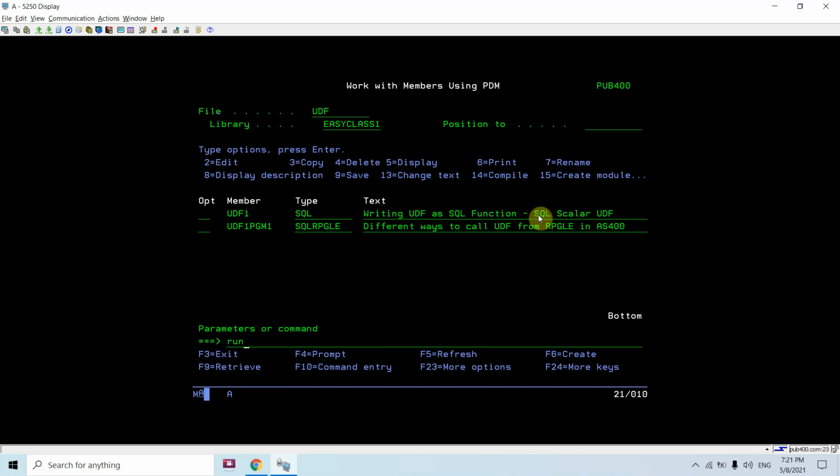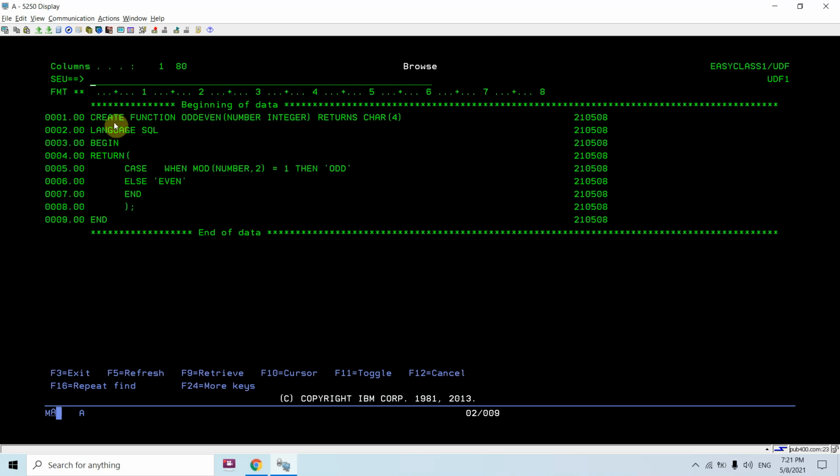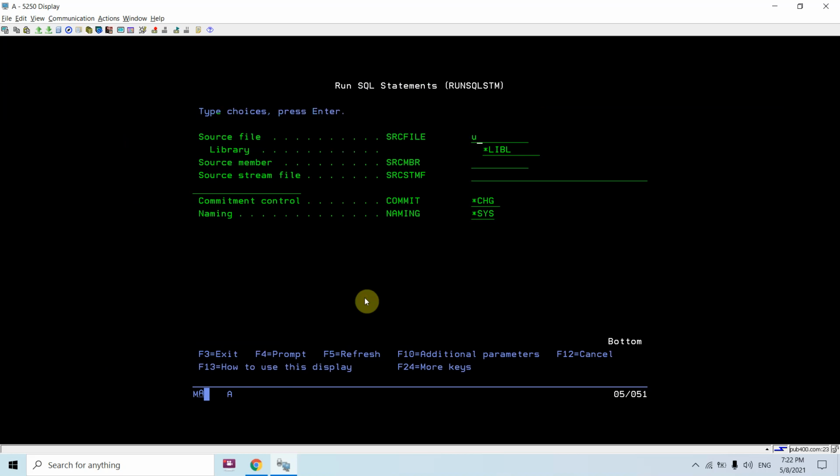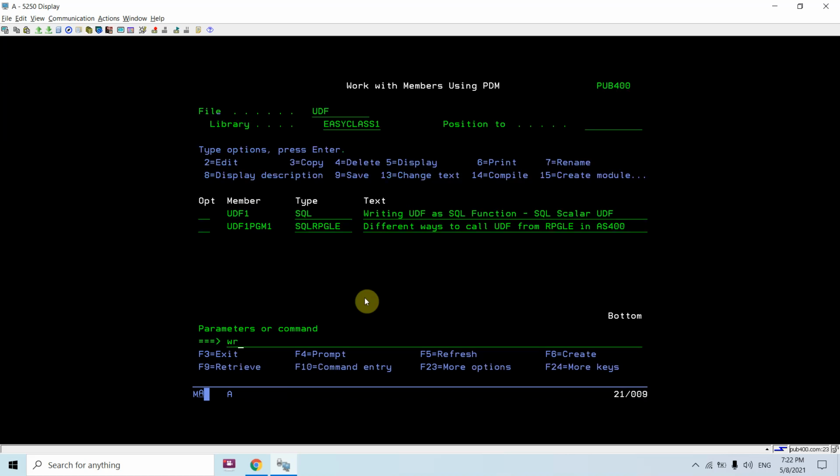Let me create this again, using run SQL statement for the external function, UDF1. You will see the odd even function got created.